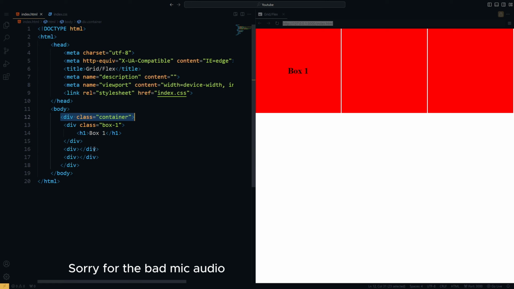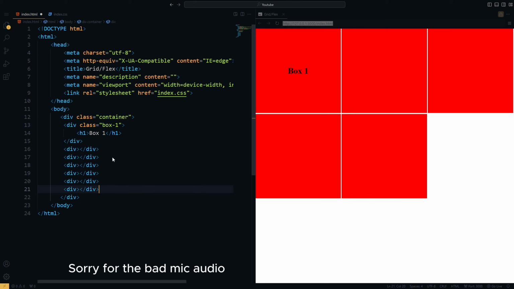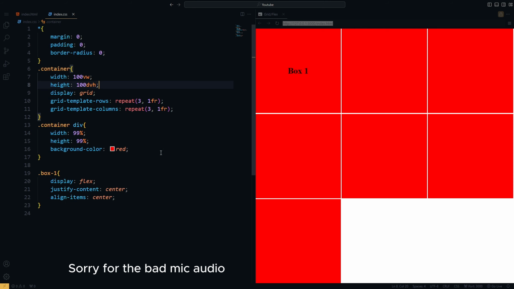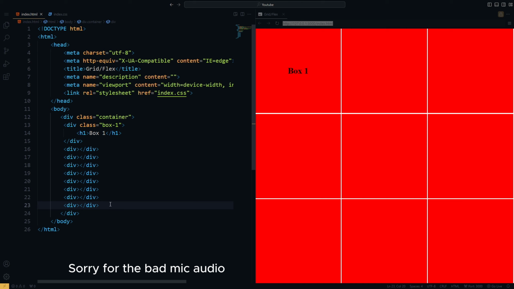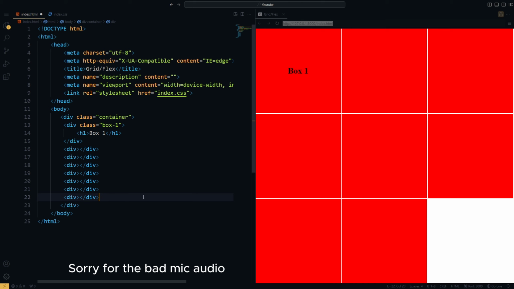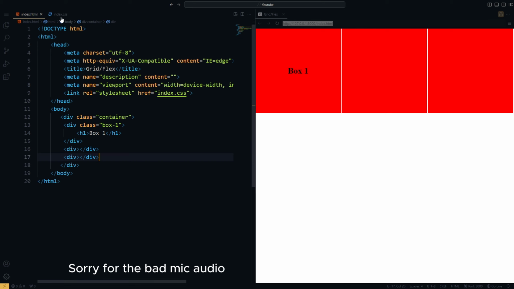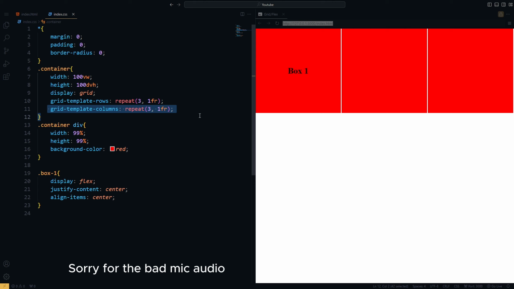So if we add more divs here, it will fill up. It will continue filling up here. Yeah, but for now I will remove that,